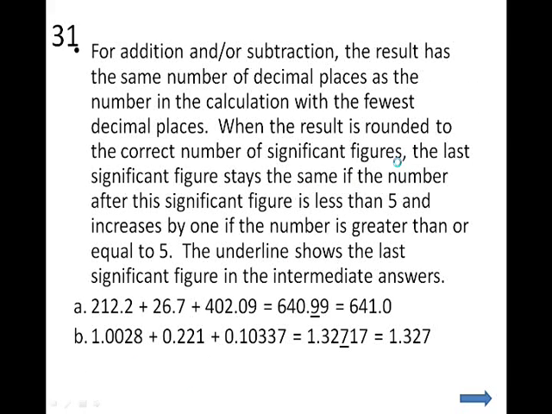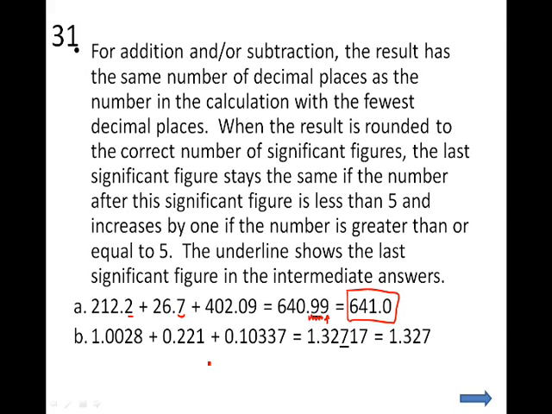Number 31 is looking at sig figs in addition, and you may need to slow this video down and read that a little bit more. But basically here in A, we're looking at the least significant answer in the first decimal place. So we've just underlined that here in our intermediate answer. That's where we need to round to. Of course, this is going to make it round up, so we round up to